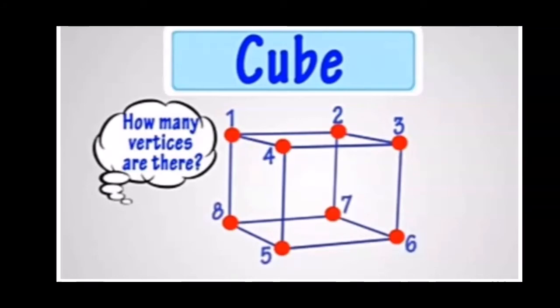See, in cube you are having how many vertices? Shall we count now? I told you vertices means the corner where the 3 edges meet. Otherwise we can say it as corner also. See, I have marked 1, 2, 3 like that. When I am counting, you see that number so that you will know how many vertices are there in a cube. See, 1, 2, 3, 4, 5, 6, 7 and 8. So in cube you are having 8 vertices.